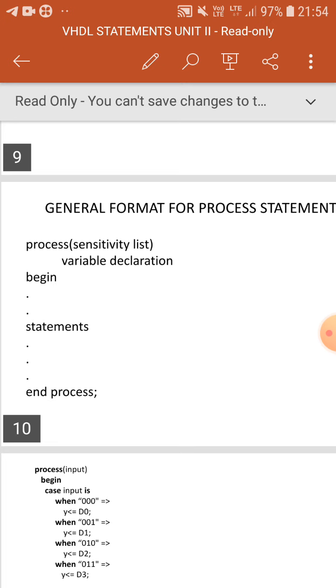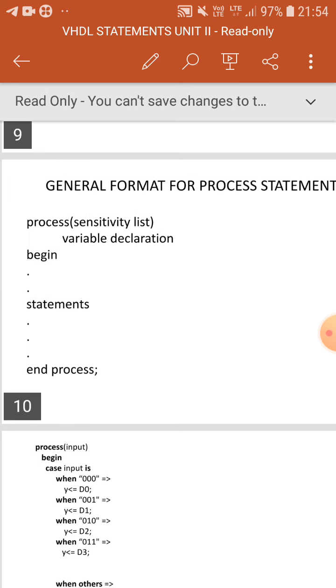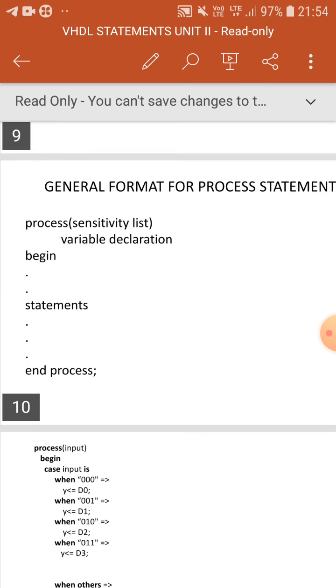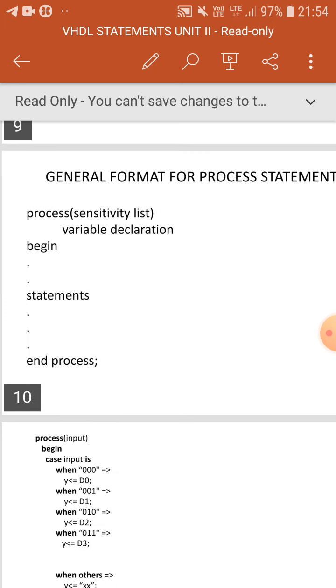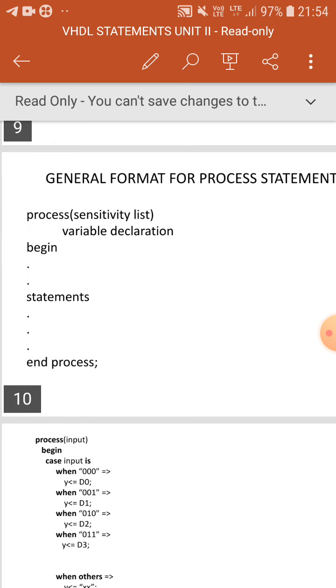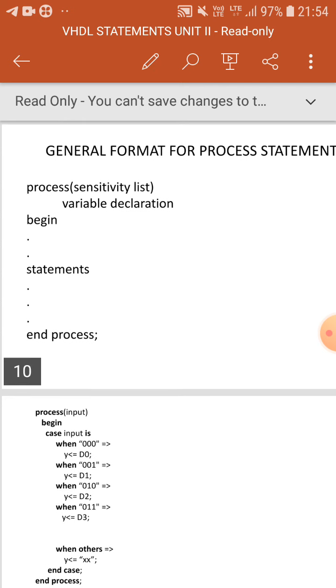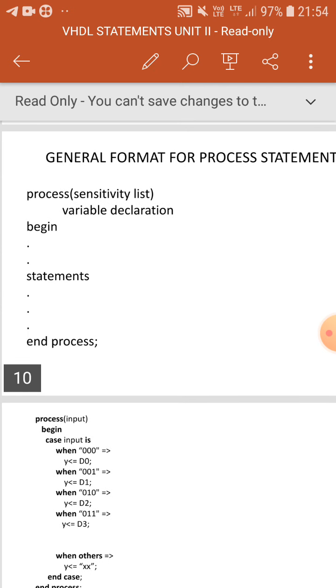In the last line you have to use end process. In the first line you have to write process, open the bracket, sensitivity list, then you can declare variables, then next begin, then set of statements, then in the last line end process. This is the syntax for process statement.